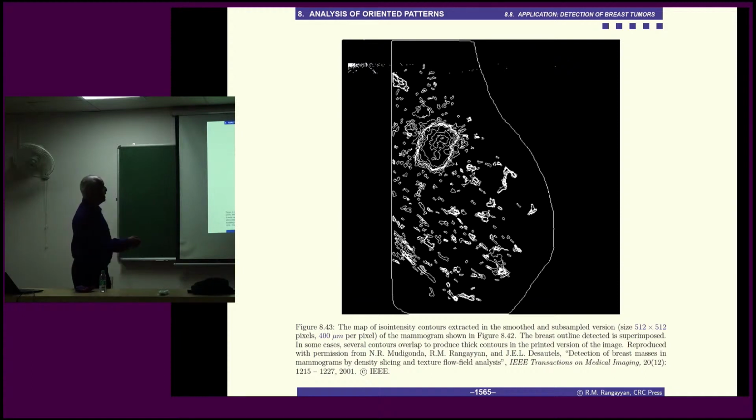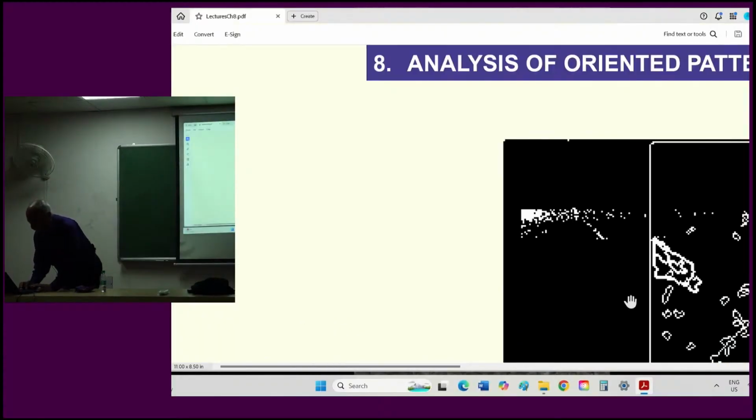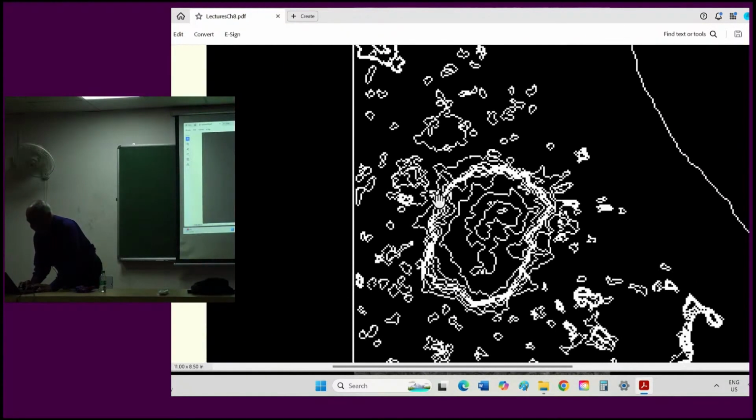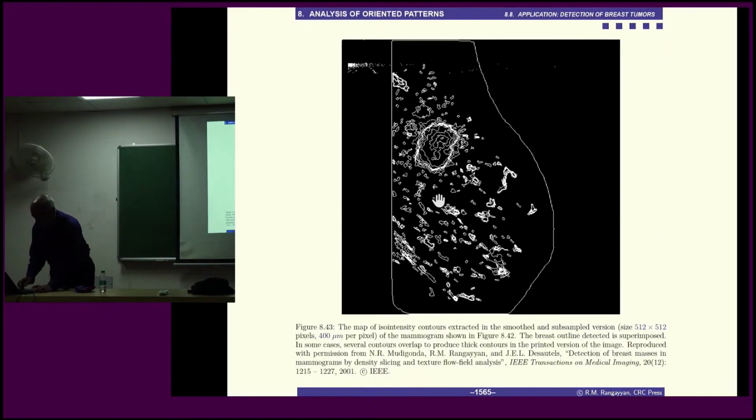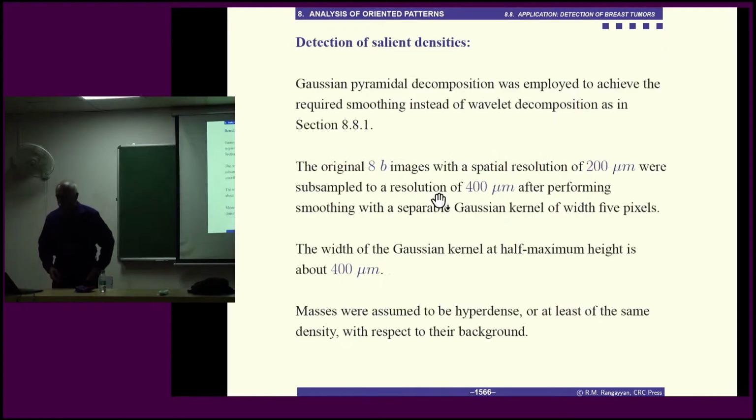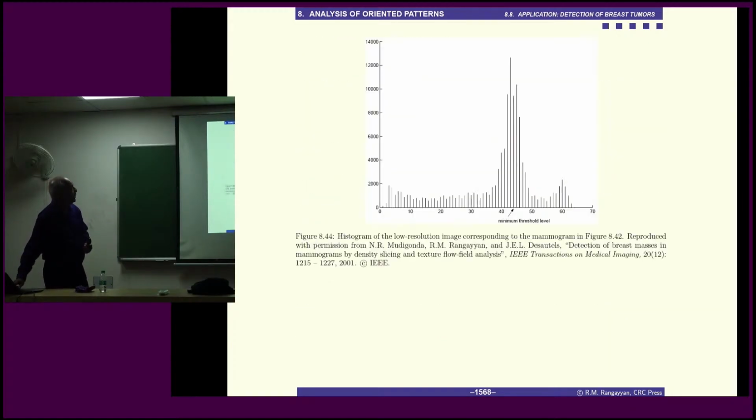Now, around this mass or tumor, it looks like a thick line, but there are multiple contours there. So if you zoom in, there are multiple contours. It's not a thick line. I'll remove some of this. I want to go to,